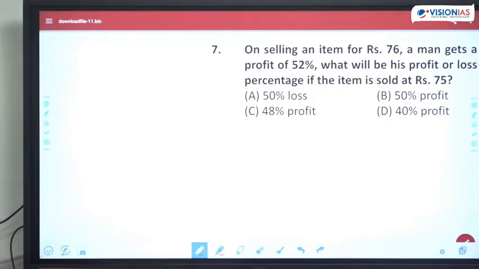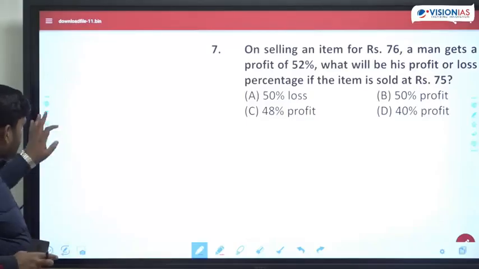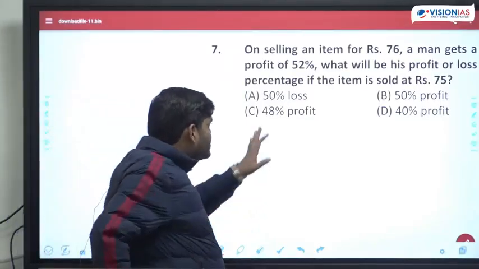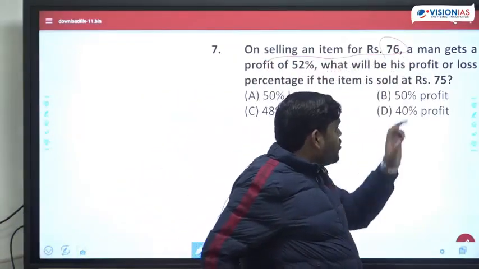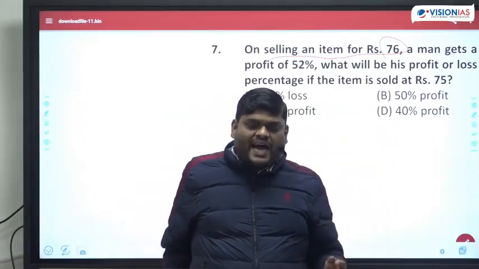Try this question. On selling an item for, now look, selling an item means selling price is given, 76. A man gets a profit of 52%. Now you have to understand this statement. If you are able to understand the statement, selling an item for rupees 76, a man is getting a profit